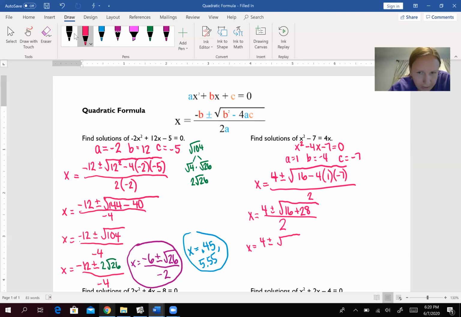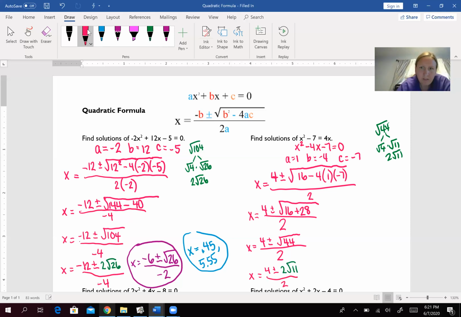That would be 44. Yes. Over 2. So root 44 we can definitely simplify. So root 44 simplifies into root 4 times root 11. So that'll be 2 root 11. So we have x equals 4 plus or minus 2 root 11